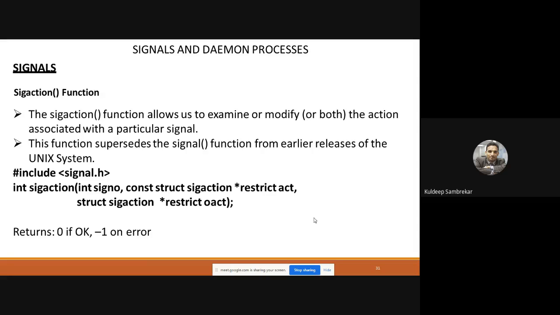Now we'll study the next API, or the next function, which is nothing but SIG action. So what does this SIG action function do? This function allows us to examine or modify the actions associated with a particular signal. So for example, when a signal is executing, it has a specific